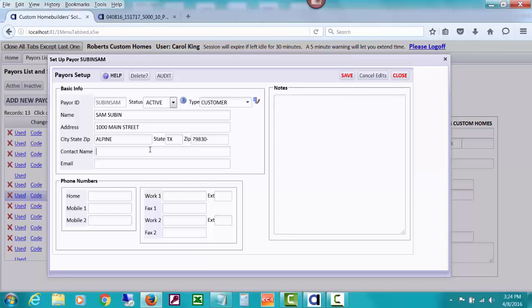And you could do the contact name. Maybe you're setting up a payer that's like a title company or a bank or other entities that give you money, and it's Alamo Title Company, and you want to have a contact name there. This one is the same as the payer, but you could type that in for some information. You can put in your payer's email address,